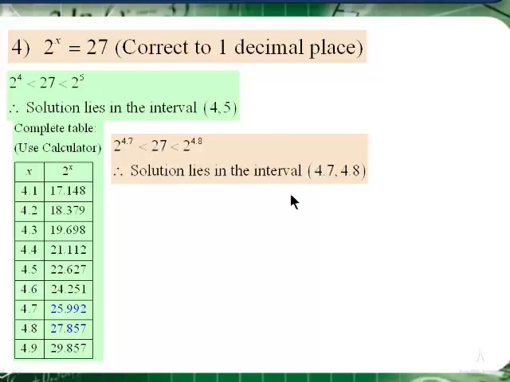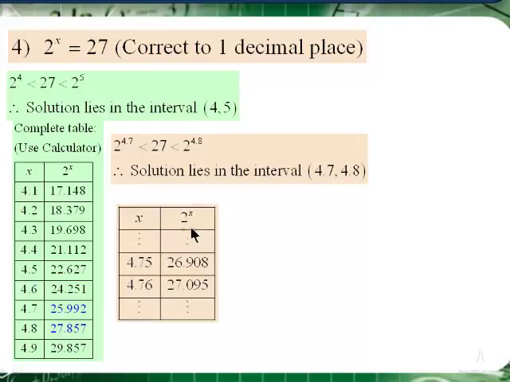So we need to refine it a little bit more. Because we want it accurately to 1 decimal, we must be sure of the second decimal. So for further refinement, I go to my table mode. Remember, I don't have to change the equation, but my starting point will now be at 4.71 and my end point will be at 4.79. And I will take steps of